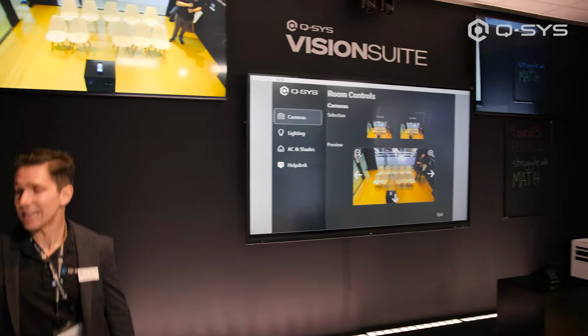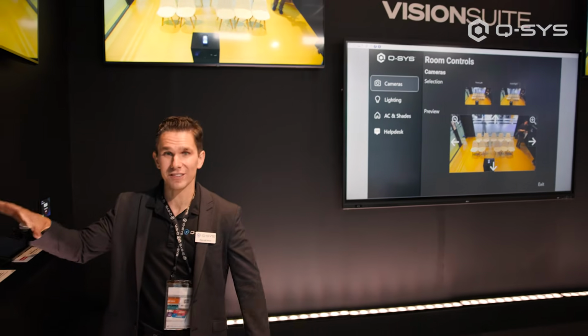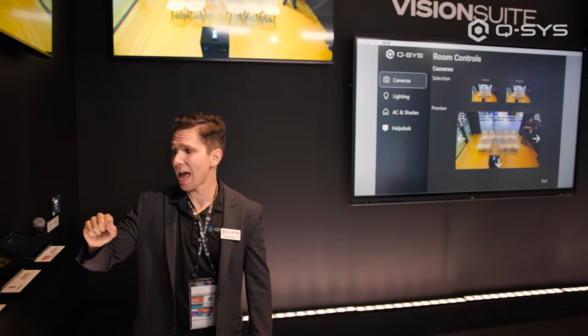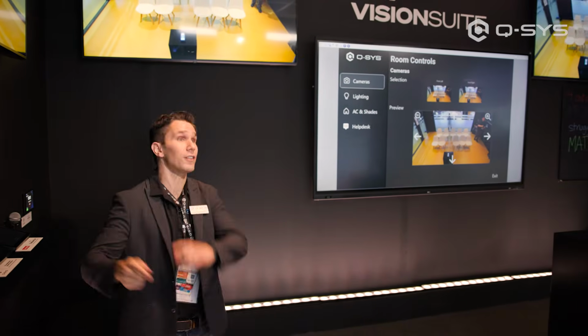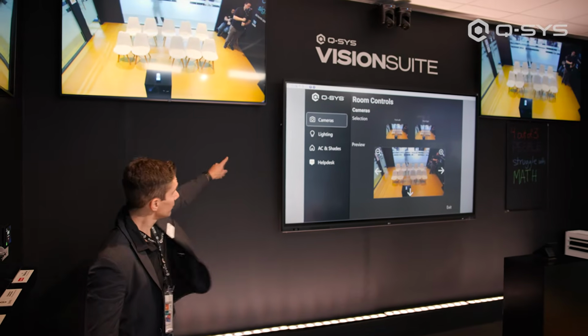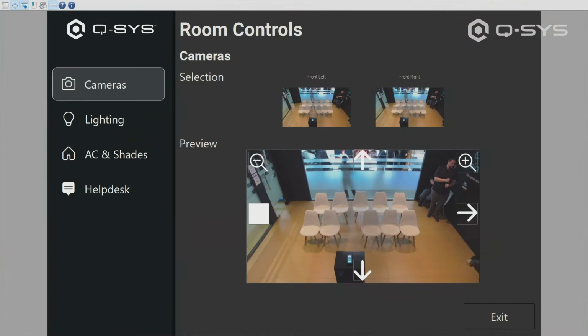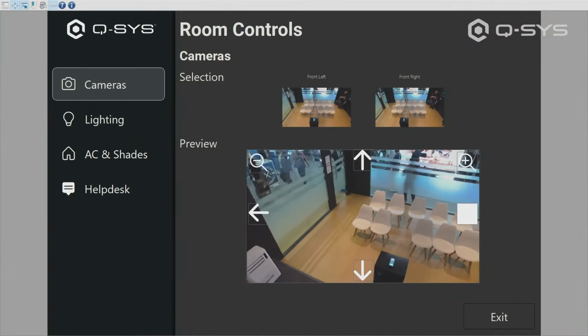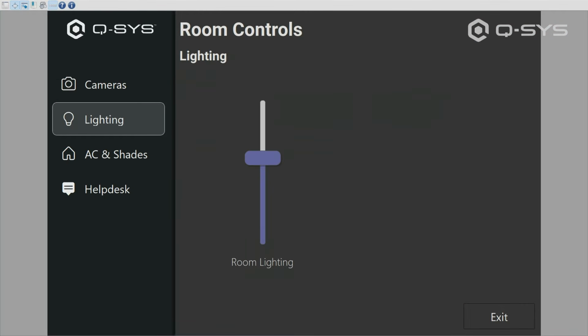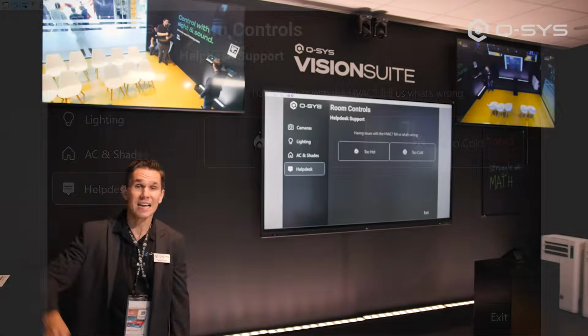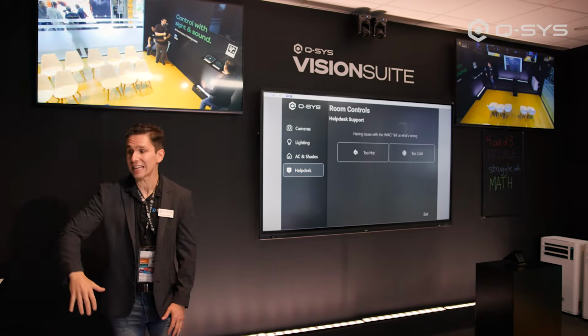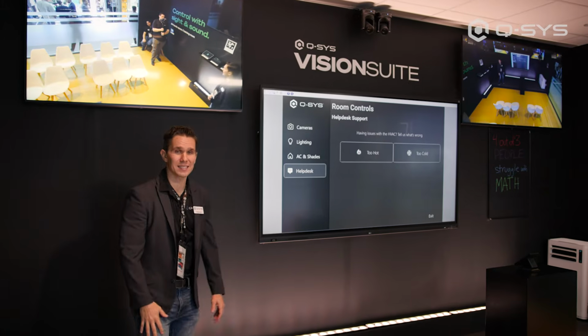This is a certified Microsoft device controller, but we are serving up control for the entire room, not just the call. So if you look over here, I've got control over my cameras. I can control the lighting. I can control the AC. And in fact, if I have a problem with this room, I can even contact help desk and say, you know what,